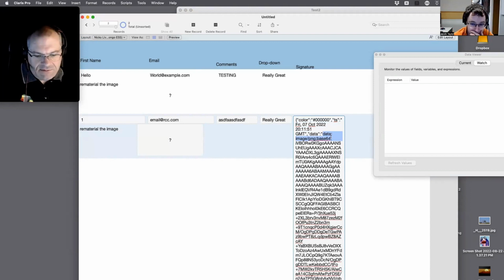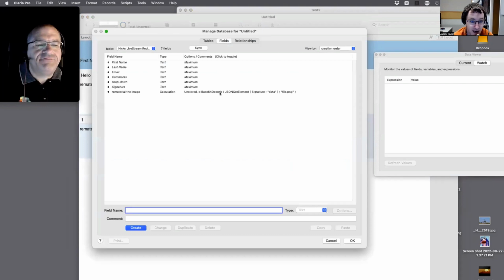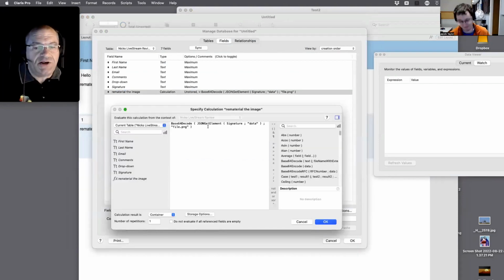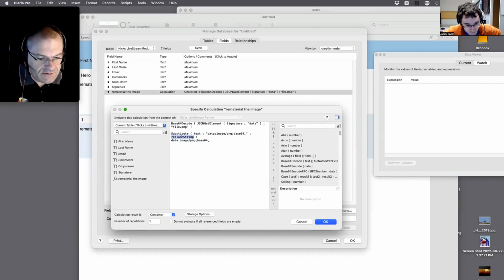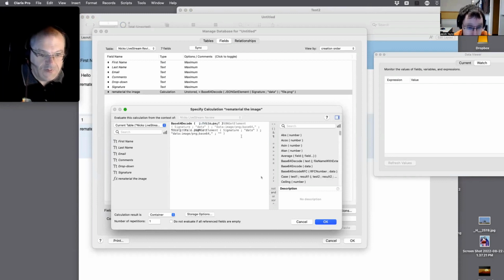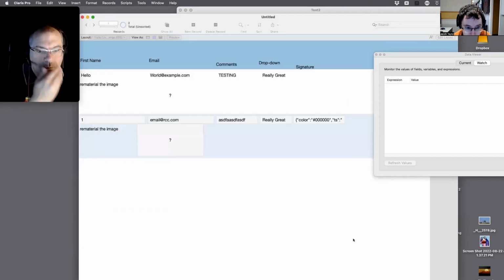Copy. Then go into our field definition and we're going to add a substitute. This is really good training for people. Now we need to put that around the JSON get element. Figure it out first. But we're going to substitute that around the JSON get element. The search string is going to be that. Replace with nothing, right? Yep. And then we put this whole thing in. JSON get element goes in the text. Yep. And then you sub that in. Try that.